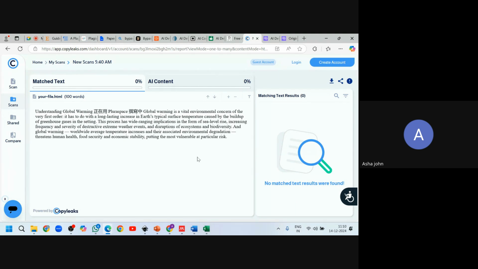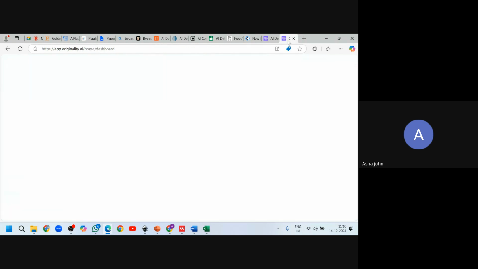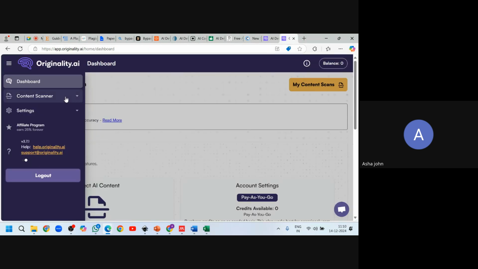So it says zero AI content. It has found zero AI content.